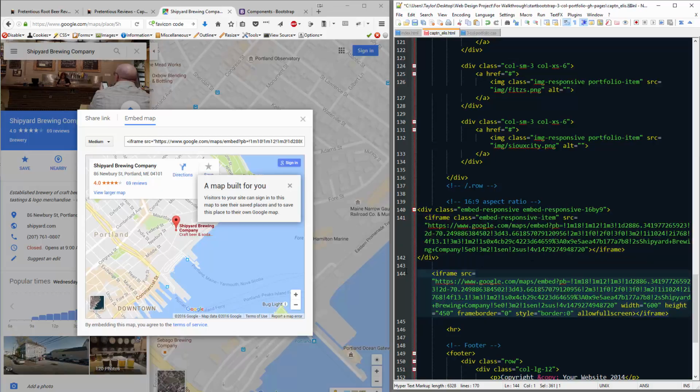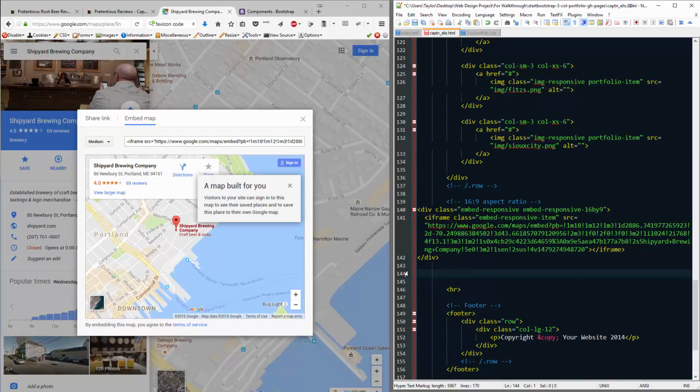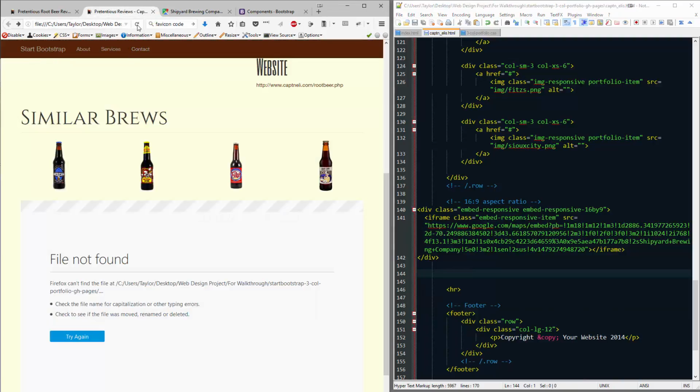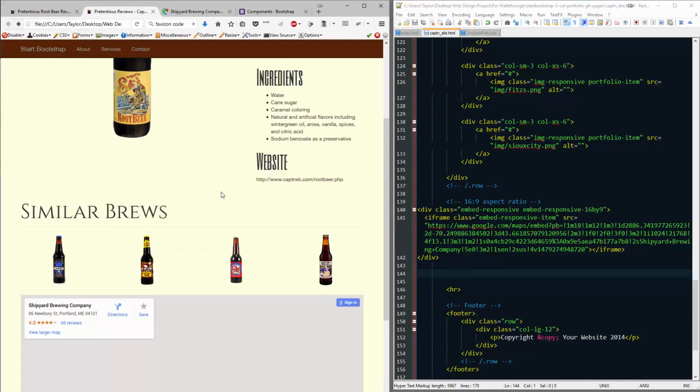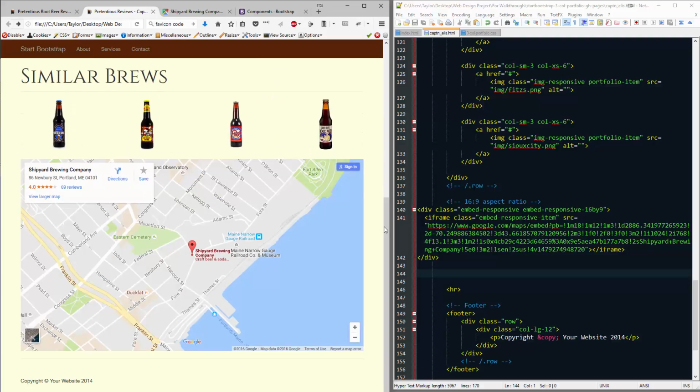And I think that's all we're going to need. Let me see if it works. All right, there's our image. That's all we did. All I did was grab the source and put it in what we already copied from the Get Bootstrap page. And now we've got a cool little